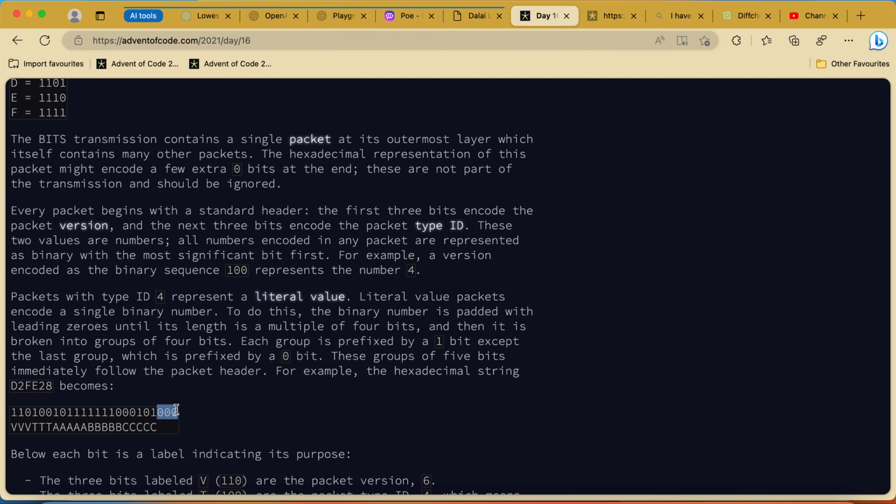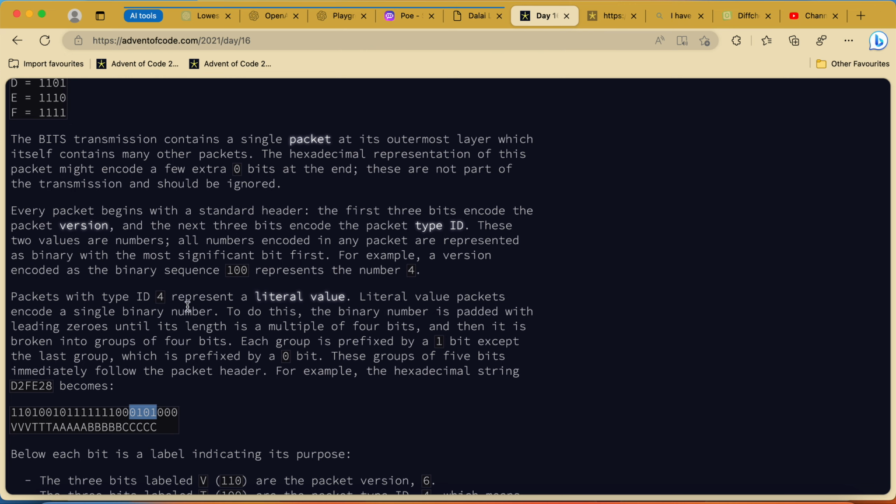For example, here we need to chop it 4 by 4 and see at which moment the last 4 are ending here, and after that we have these 3 padding bits.